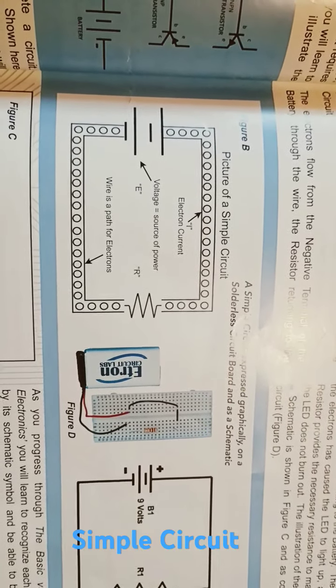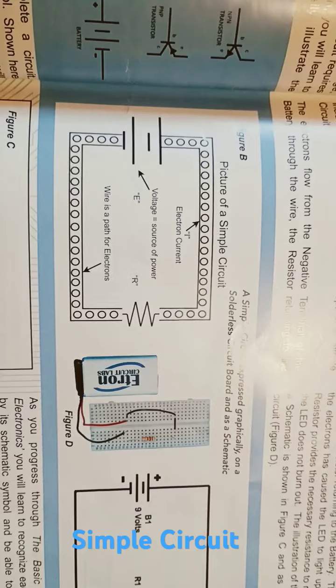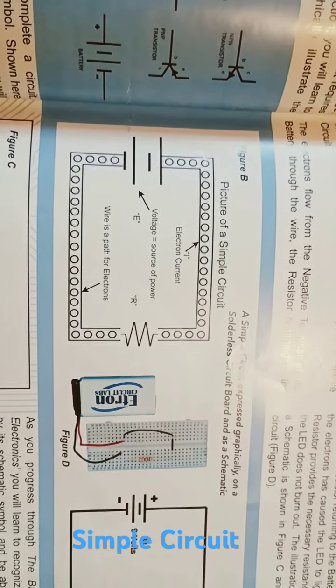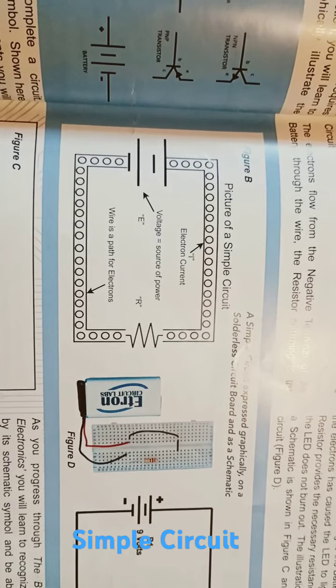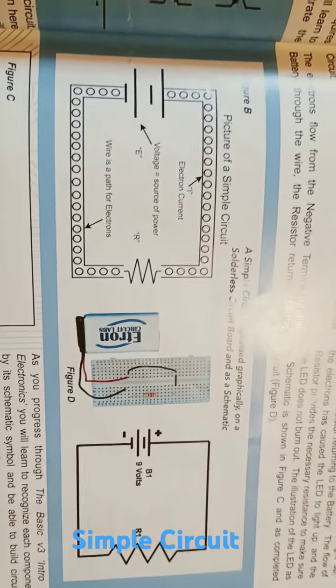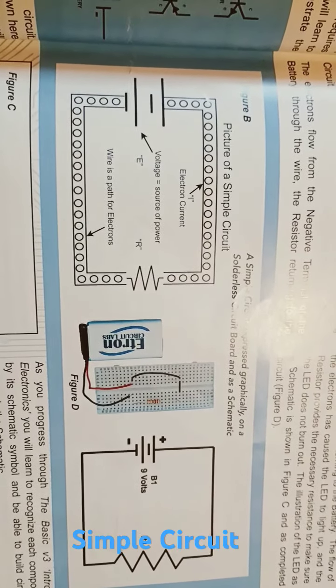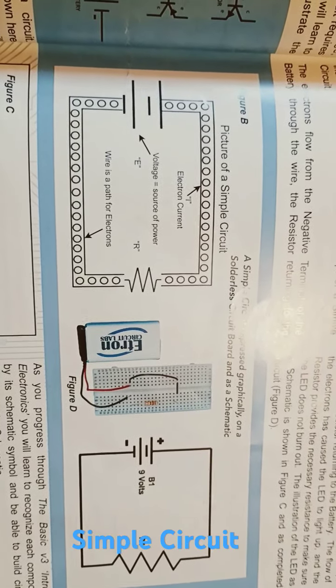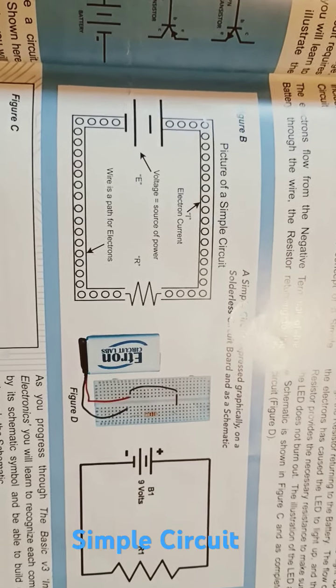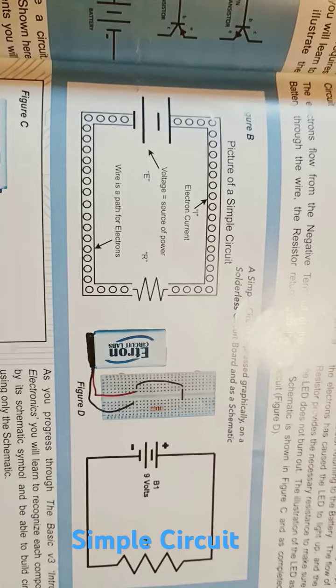The electrons flow from the negative terminal of the battery through the wire and the resistor, returning to the positive terminal of the battery, and the amount of electrons that will flow depends on the resistance of the resistor. In this circuit, the negative side of the battery has millions of electrons, while the positive side of the battery lacks electrons. In the illustration shown here, figures C and D,